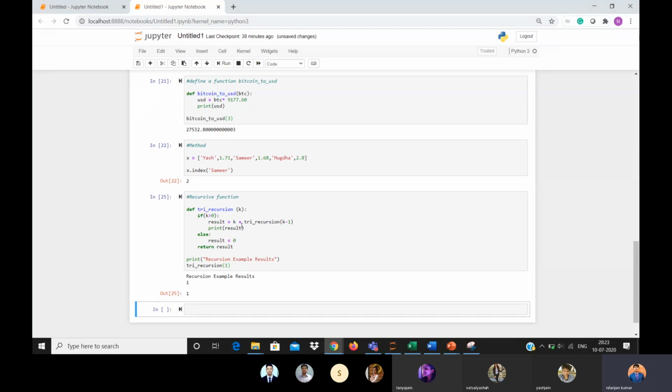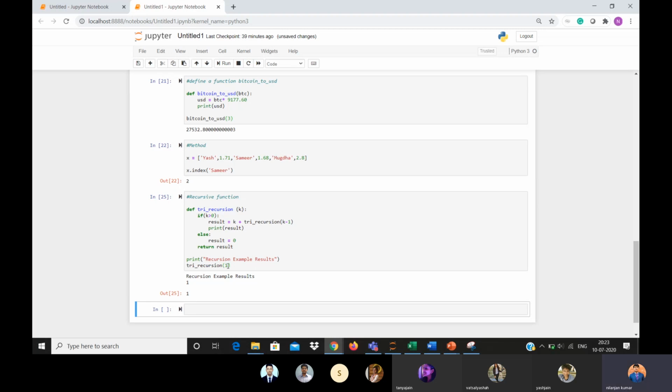Result equals k plus try recursion of k minus 1. So k is 1 and try recursion of k minus 1 is 0. With k as 0 it will not go into the condition and will return 0. So try recursion of 0 is 0 and the result is 1 for k equal to 1. So it gets printed 1.